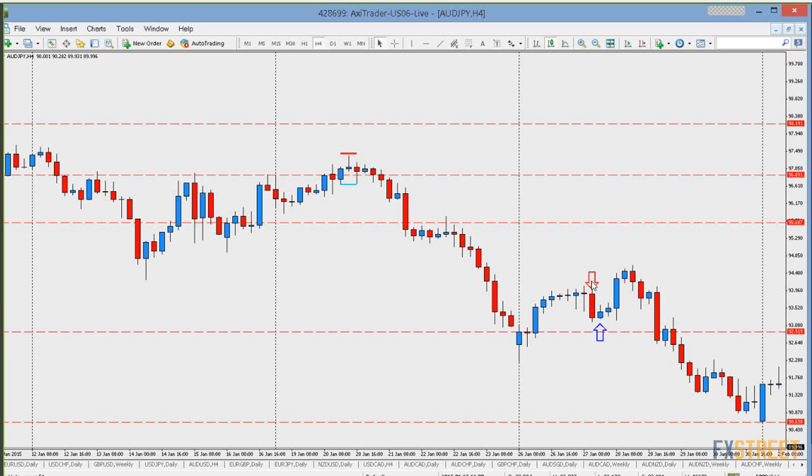This red candle marked with the red arrow is the mother candle. This candle marked with the blue arrow is the inside candle, and the next candle is not a pogo because it didn't take out the low, and so on. Now let's get to